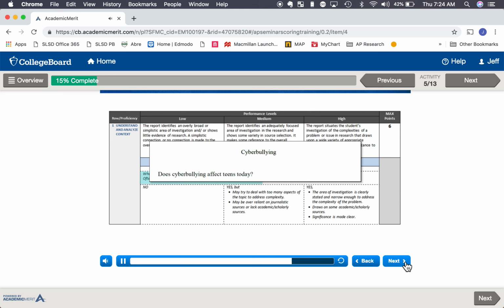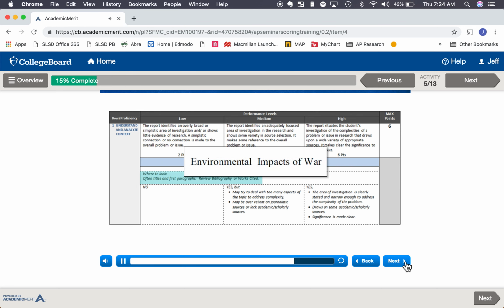Now contrast that sample to Sample 3, the environmental impacts of war, which is certainly more focused as a topic than cyberbullying, but the report tries to deal with many variables in this topic, like types of pollution, displacement and resettlement, physical damage, impact on animals and wildlife, so it could have benefited from further narrowing to allow more focused